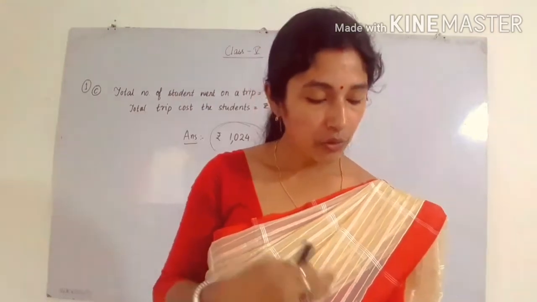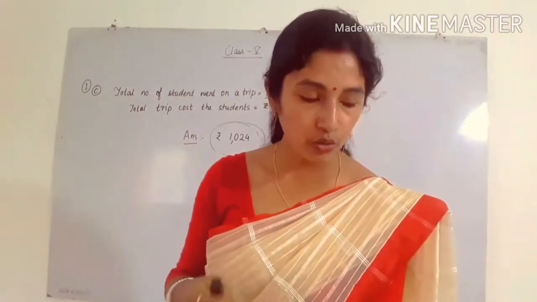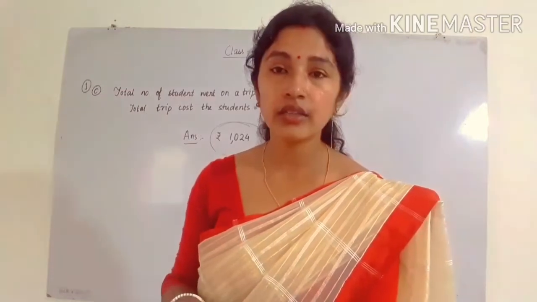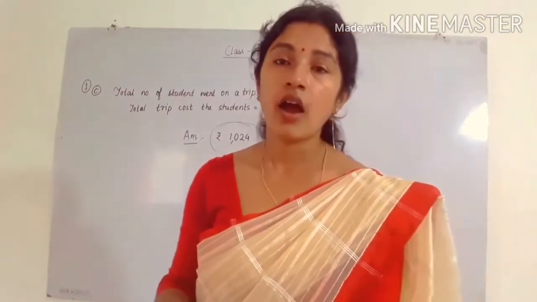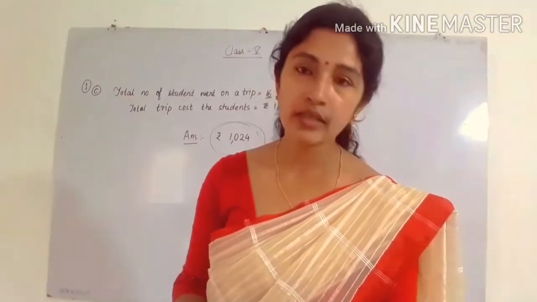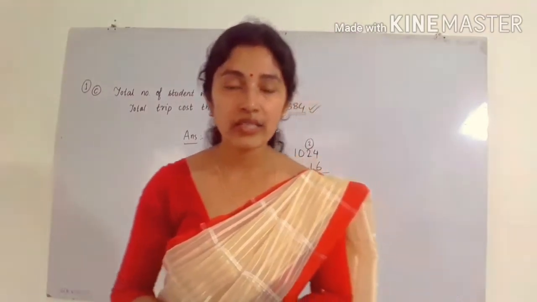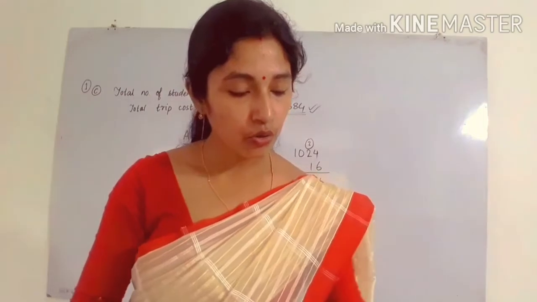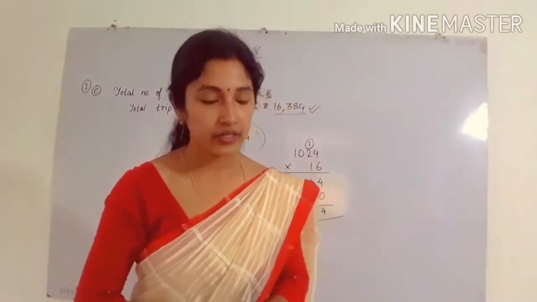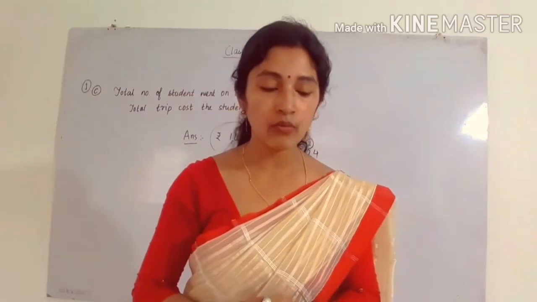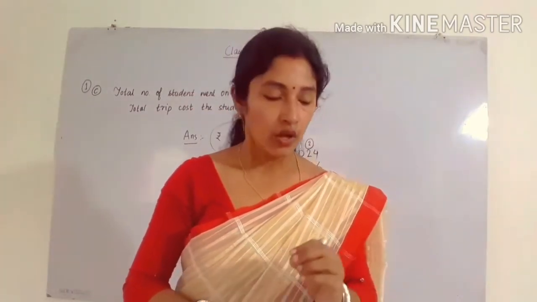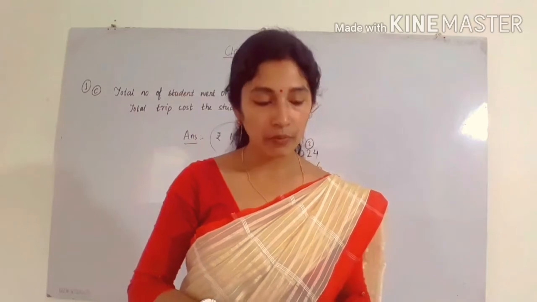So come to exercise 3.5. How to do using multiplication or using division and using the models, how we can do the question, I am going to discuss in the exercise itself. Come to exercise 3.5, question number 1. You have to solve with the help of models. Already it is given, that means you have to make the models in your copy. Do it in your classwork copy.